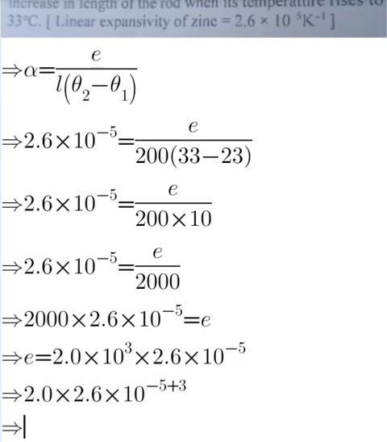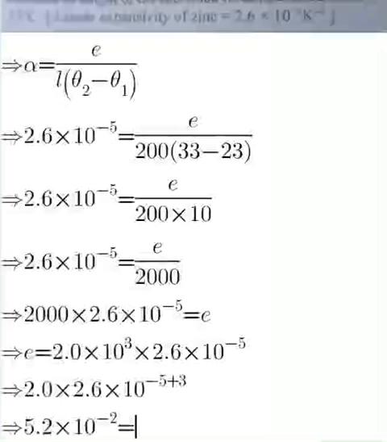When we multiply this, we get 5.2 times 10 to the power of minus 5 plus 3, which is 10 to the power of minus 2. So this is the value for it. Or, to make it a normal decimal, we take the decimal point backward twice, because you can see the power is negative 2. So we can write this as 0.052